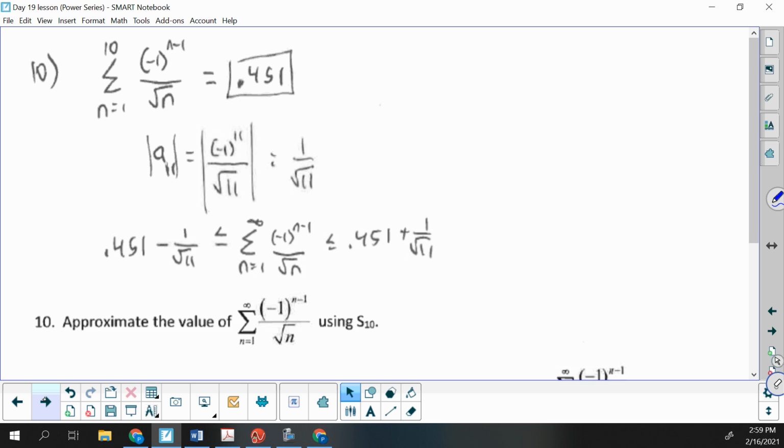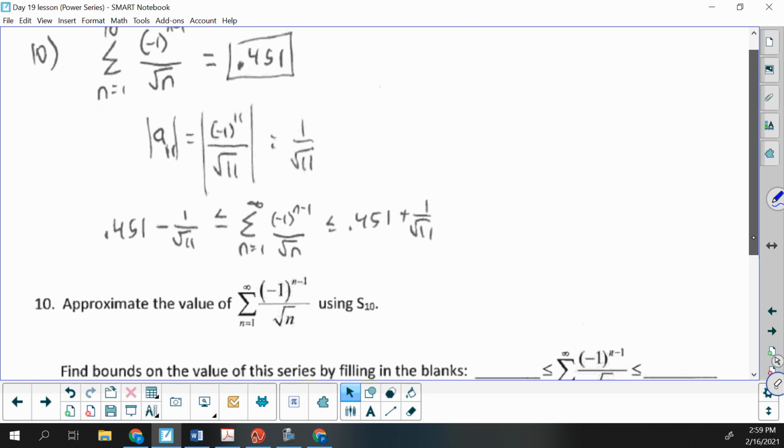In 10, do your partial sum for the first 10 terms. Put 10 on top, do it in the calculator, see what you get. Alternating series error bound, use the next term, you get 1 over radical 11. And to write that